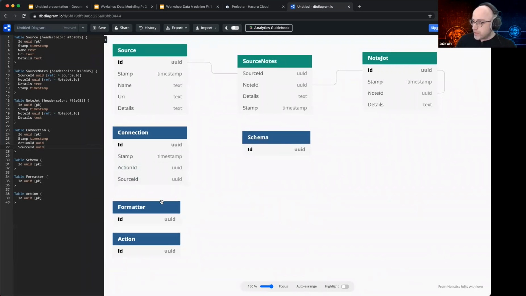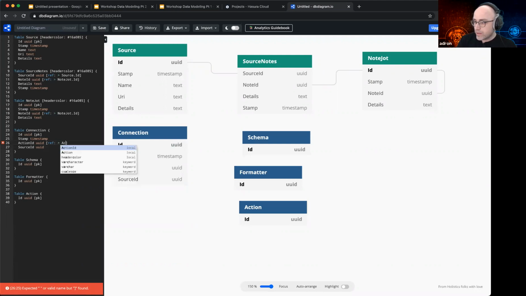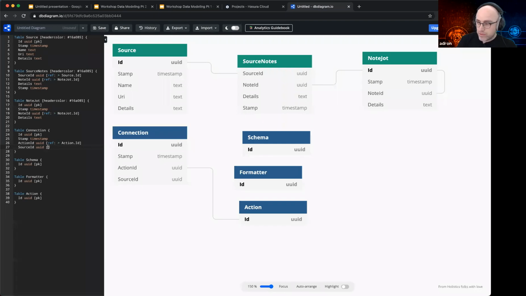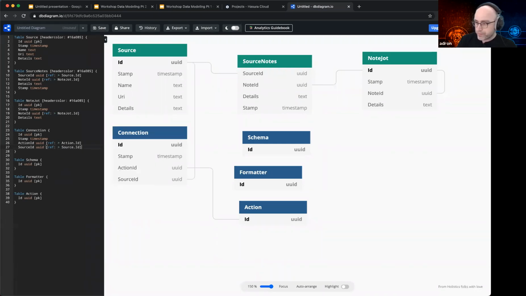All right, so let's put that over here, here, and here. And then let's get this in. So this is ref. This can be action.id. And this can be ref source.id. Now, as you can see, my naming generally follows an approach with IDs where I can easily ascertain what